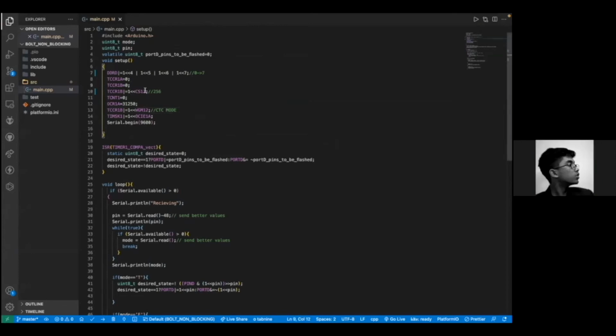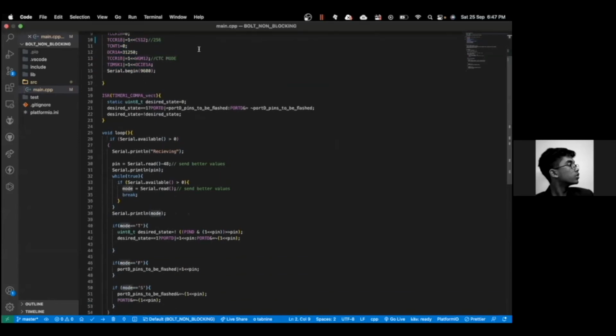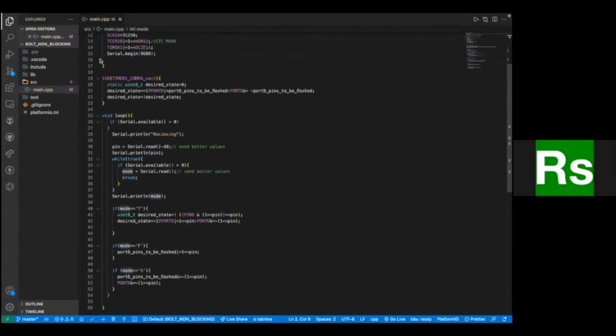Yes, it's completely clear now. Okay, so I was there. Yes, so I said that